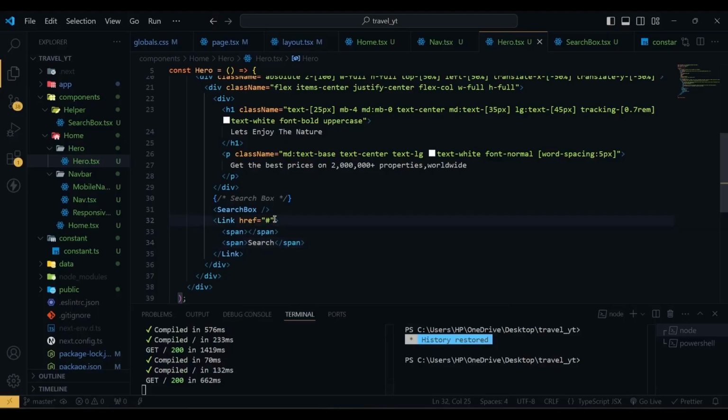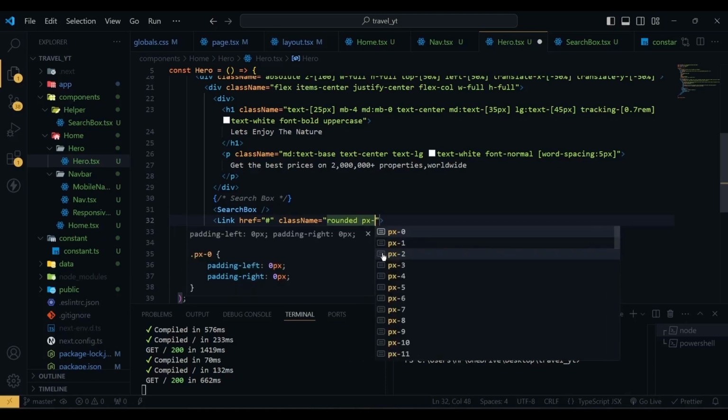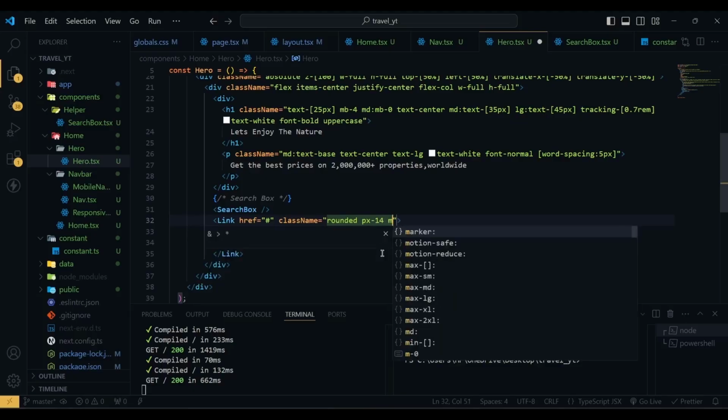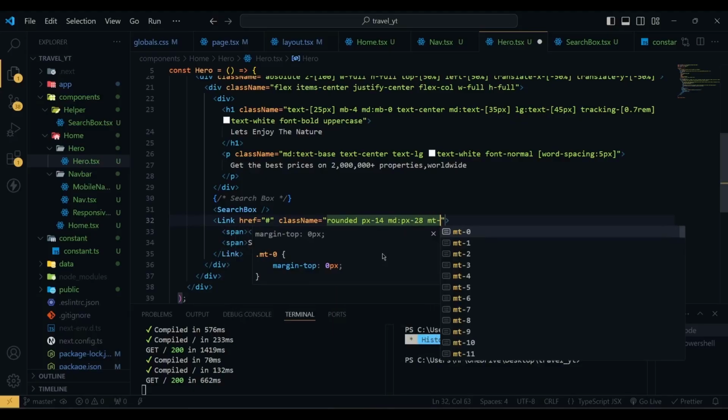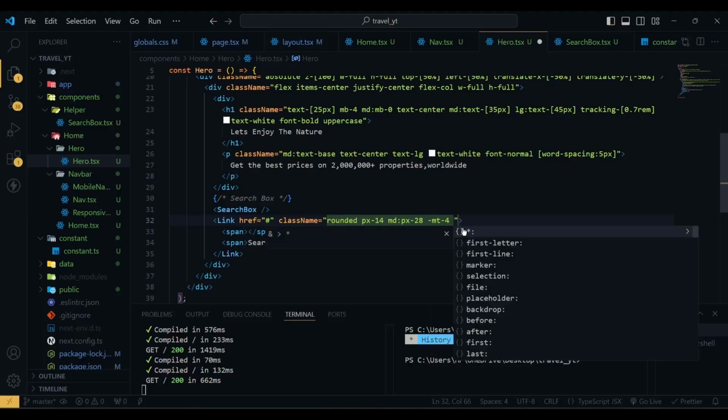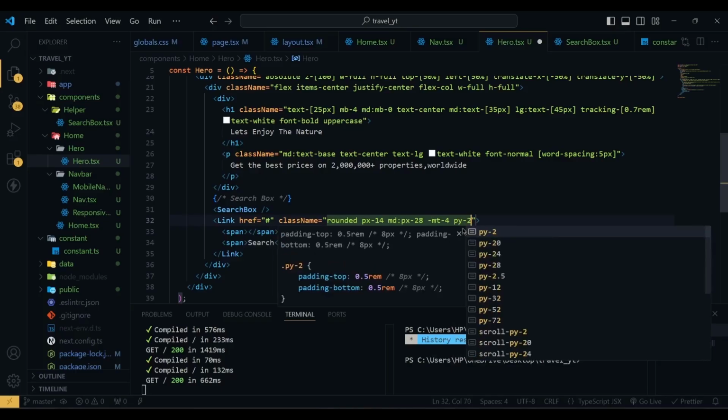Now the link will have a class name of rounded, then we have px of 40, in medium screen px will be 28, margin top will be 4, and py will be 2.5,